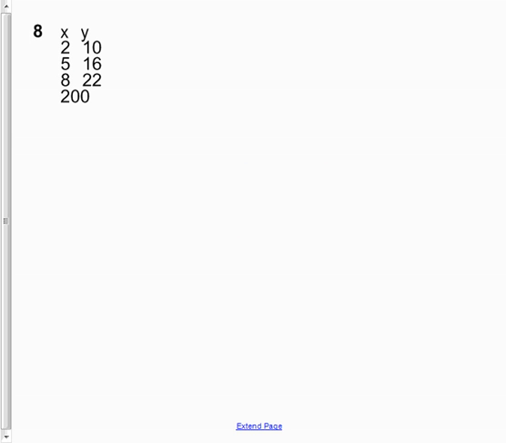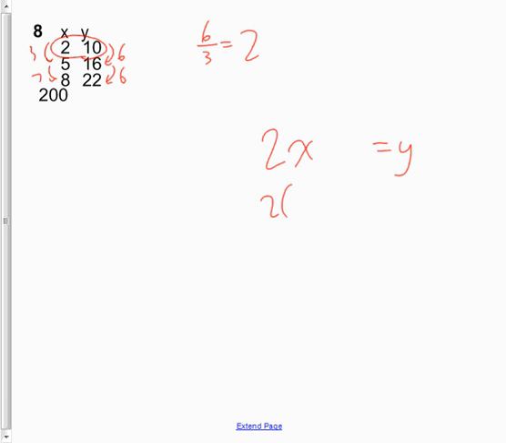Question 8 is your linear relations. You're given a table of values. You're asked to solve if x is 200, what's y? All of you got it right except for one person. Your difference here is 6. Your difference here is 3. 6 divided by 3 is 2, which means in your equation that shows the relationship between x and y, 2 is your coefficient. Take your first ordered pair, substitute them. So x is 2, y is 10. 4 does not equal 10, but if I put a +6 here, they do. +6 here and +6 here. Now that I have my equation,